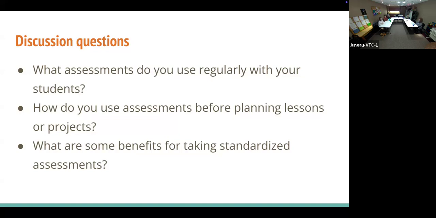So yes, it's mostly MAP and then the state testing. They call it AK STAR. That's it for this year. It seems like every other year it's something different. You mentioned an objective view, and that's one of the benefits of doing a standardized test. Also, you can compare how your students are doing to other students. Right, because we don't have that at home. One 5th grader, one 3rd grader.